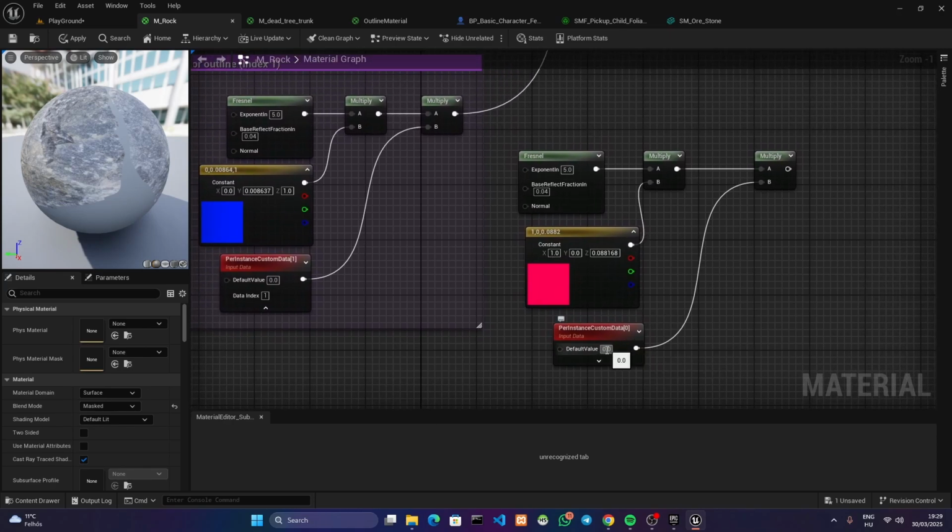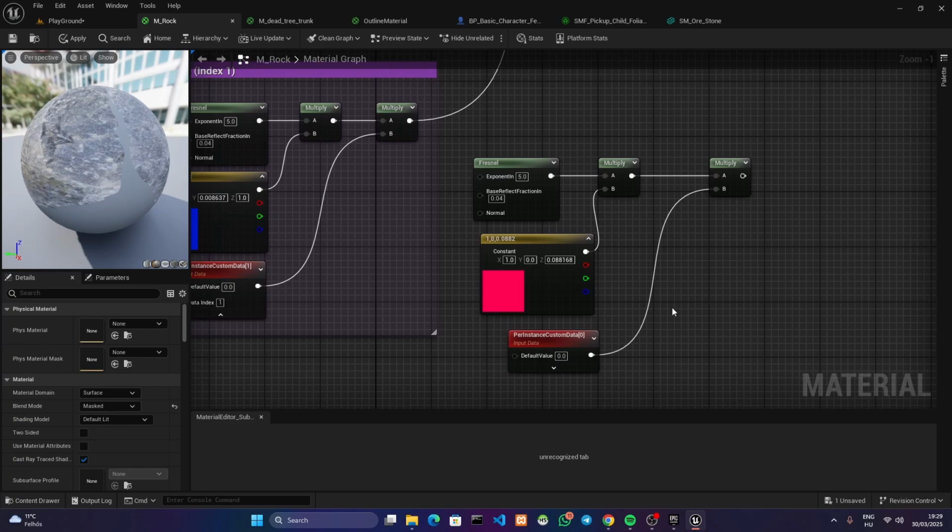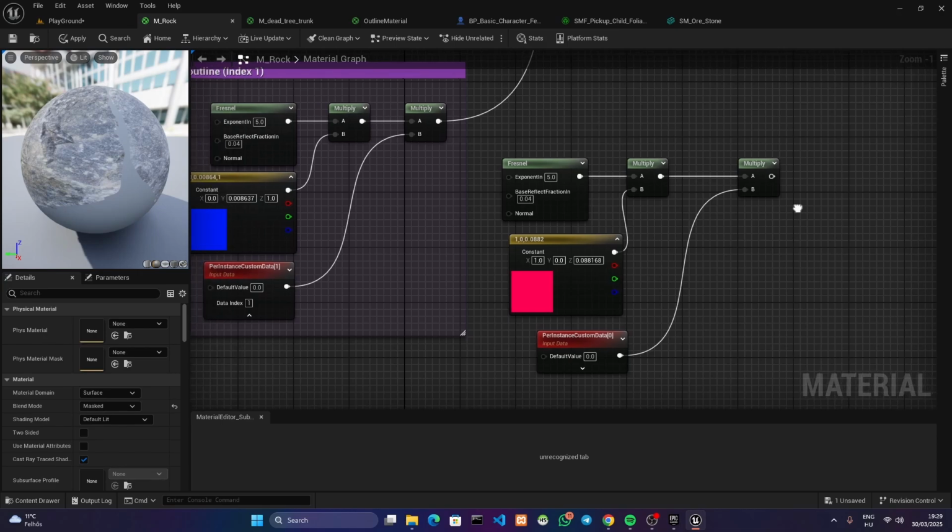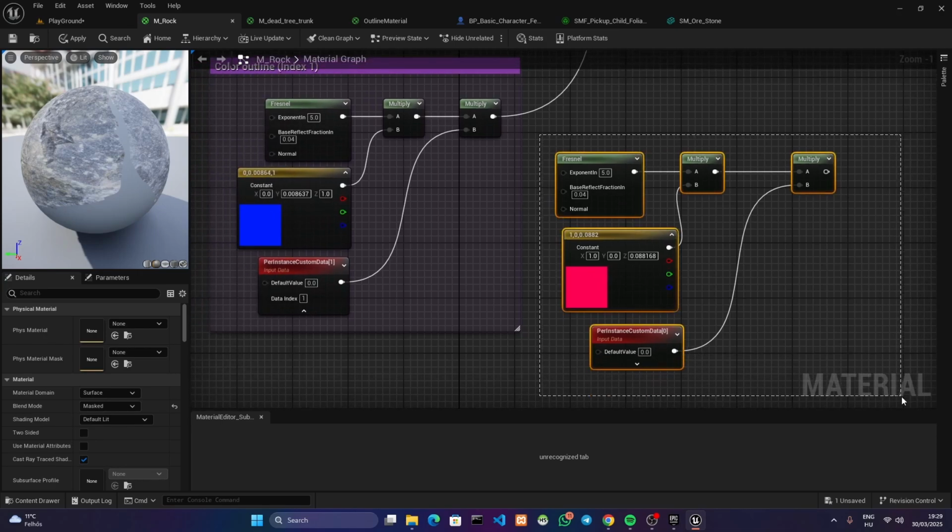If it's anything other than 0, then it should be outline. So we can just do the multiply, because if you set it to 1.0, you're multiplying with 1.0, so it's just going to be whatever this is, or you set it to 0, and whatever times 0 equals 0, so nothing is going to happen. So this is going to be your